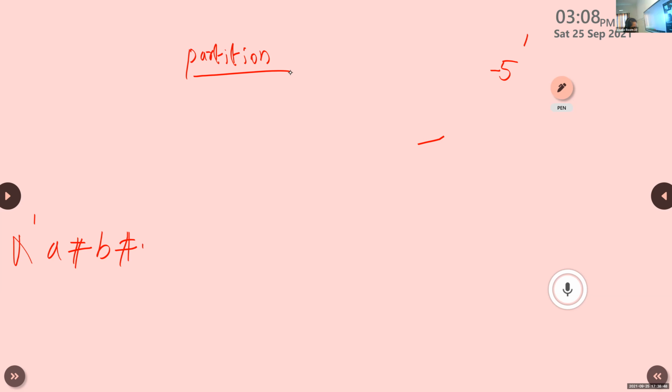Underline that tuple. So after using the partition function, the result returned is in the form of a tuple.